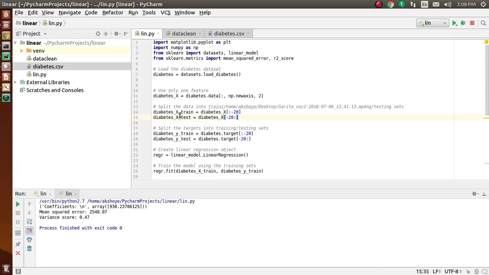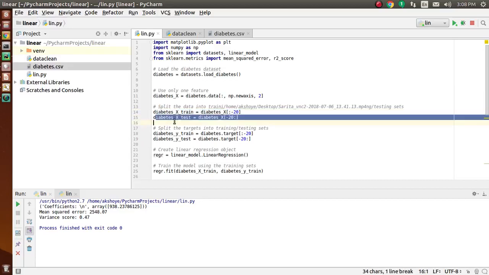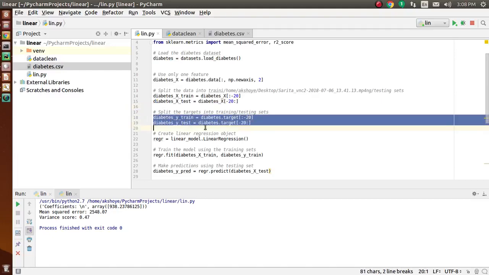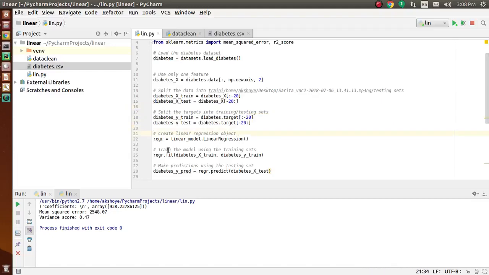So now we have split the dataset into two parts. First of all, we have trained on the diabetes dataset, and after that we have tested on it. Now we have split the targets into training and testing sets again. The code is over here. Further,